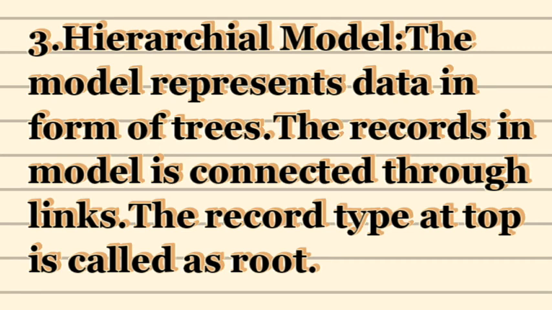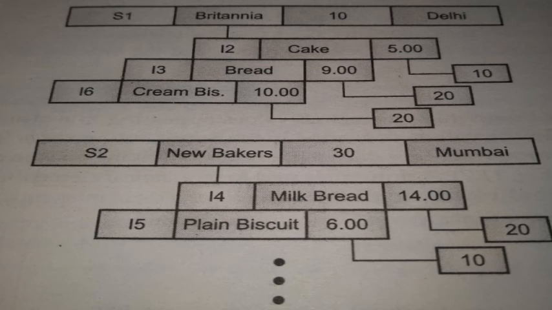The third type of model that we have is the hierarchical data model. We all know it, we are already seeing it. That is the parent and child relationship, which is called a hierarchical model. In a hierarchical database model, the collection of records are connected to one another through links, which is called a hierarchical view. The record type at the top of the tree is called the root, and the others are called its children. Or we can say one is the parent, that is the root, and the others are called children. As you can see on the screen, this is the hierarchical model: the top level, then the middle level, and then the lower level. So this is the way the hierarchical model works. There are three types of models.